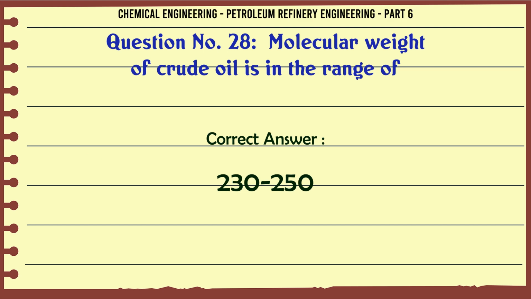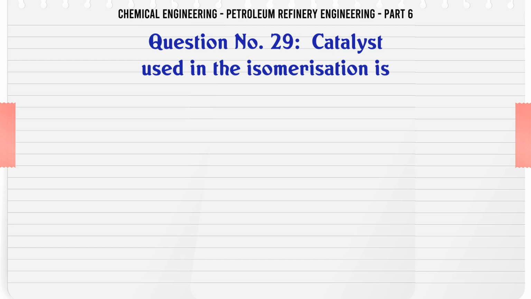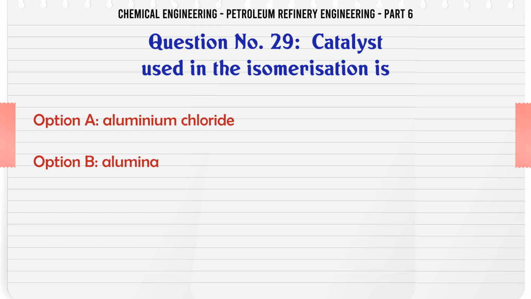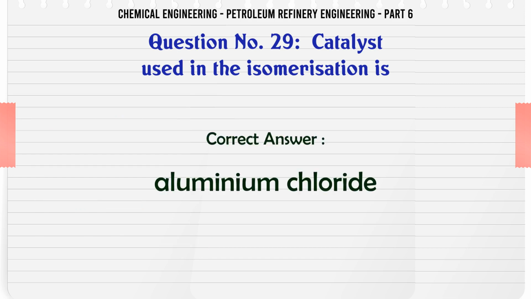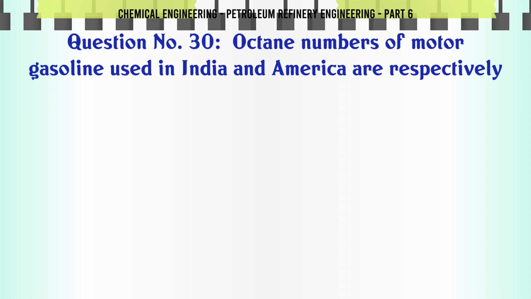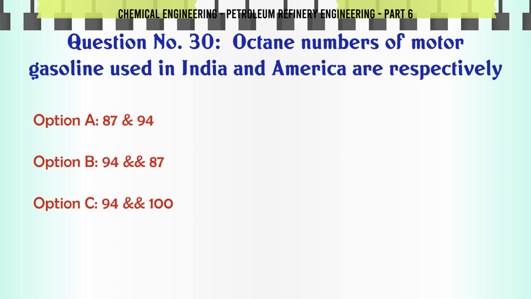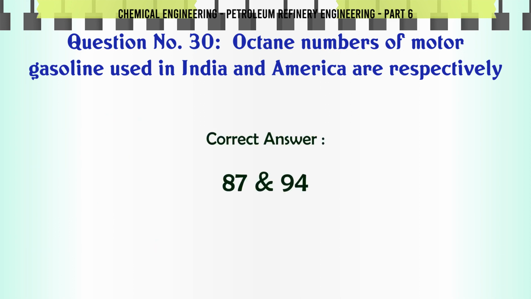230-250. Catalyst used in the isomerization is A. aluminium chloride, B. alumina, C. nickel, D. phosphoric acid. The correct answer is aluminium chloride. Octane numbers of motor gasoline used in India and America are respectively A. 87-94, B. 94-87, C. 94-100, D. 83-100. The correct answer is